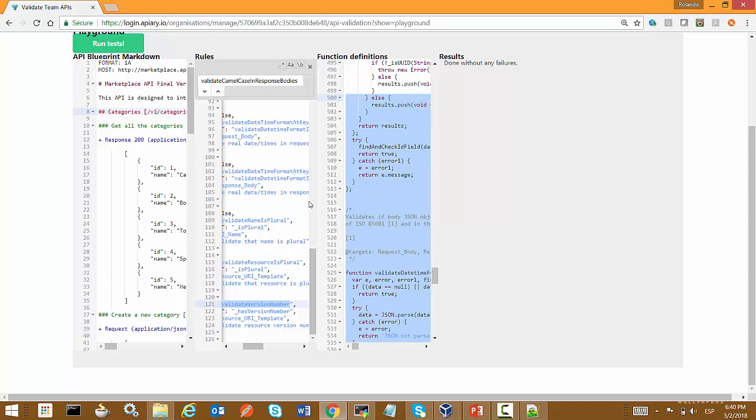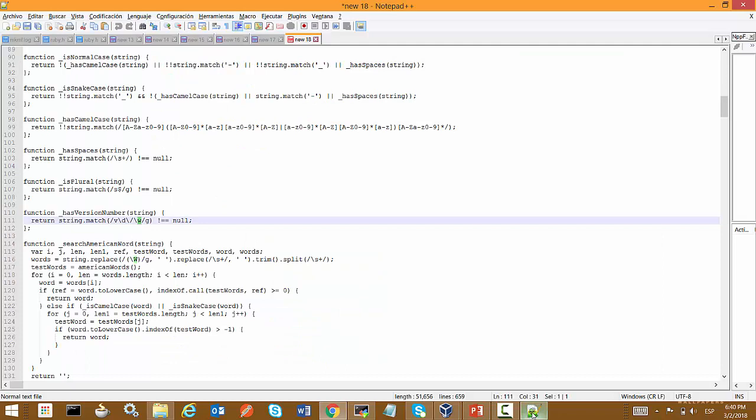As you can see, he is using JavaScript for defining those functions that we shared with you a little bit here in this notepad, and those functions are basically JavaScript code. So if you have experience in JavaScript, or you have a JavaScript developer, he or she can easily create this type of function.